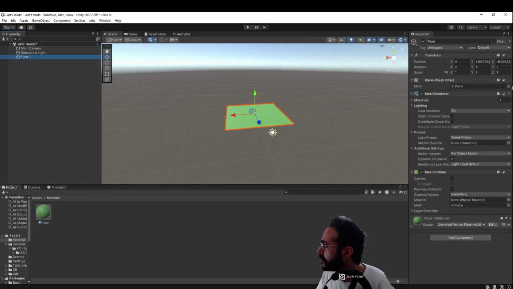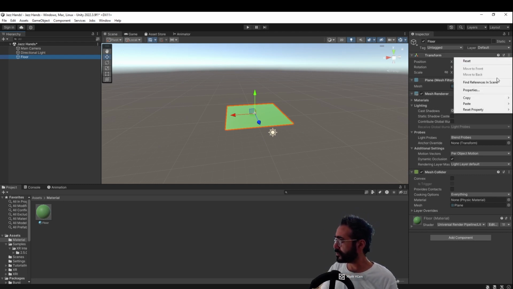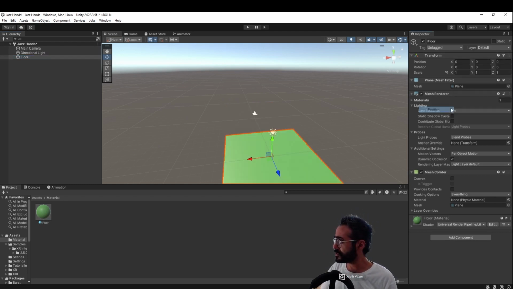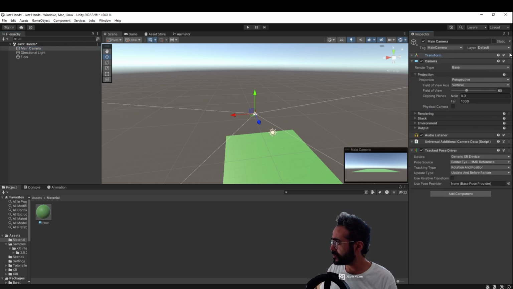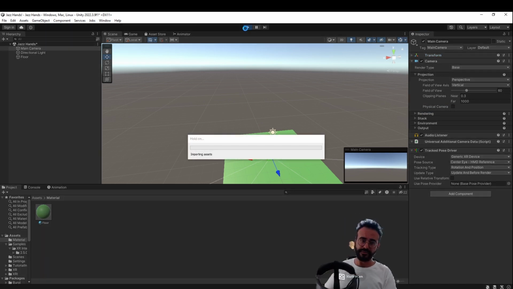I think the problem is that we should reset the position of our floor. So I'm just going to press here, reset property, position. It will set everything to 0, 0, 0. And my main camera is already not there also, so I'm going to also reset its property to 0, 0, 0. And now if I press play, we should see also